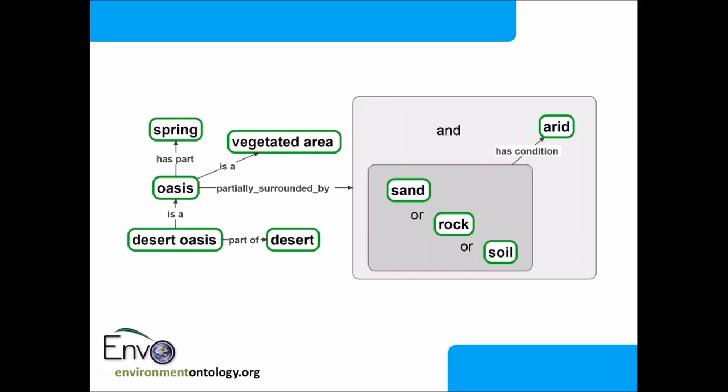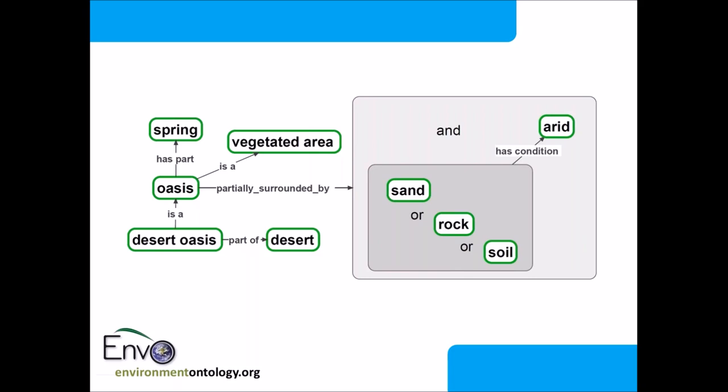Now, that is a way to take what we intuitively understand an oasis as and encode it in a manner that a machine can sort of move around. If you have data associated with aridity or moisture coming from remote sensing, for example, and land cover information, you will be able to detect vegetated areas and also dry soil areas or dry sand areas, and then automatically classify what an oasis is.